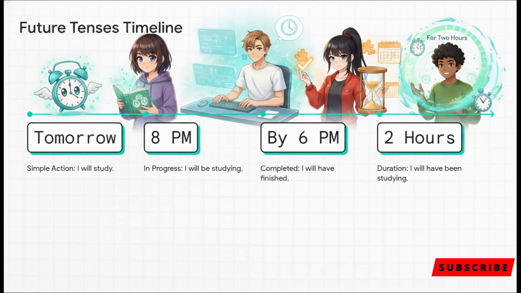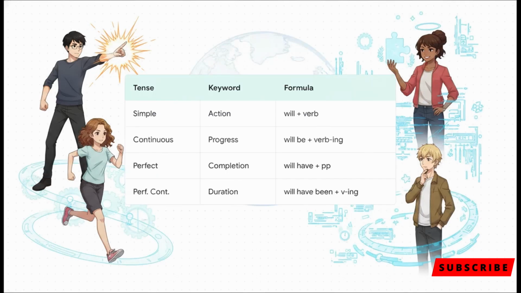You see? Each tense occupies a completely different functional space in time. Think of this as your ultimate cheat sheet. It summarizes everything we've learned in one simple, incredibly powerful view. You've got the 4 tense types, the crucial keywords mapping to action, progress, completion, and duration, and of course, the strict, reliable formulas. Honestly, if you can just memorize the relationships on this table, you've completely cracked the code of